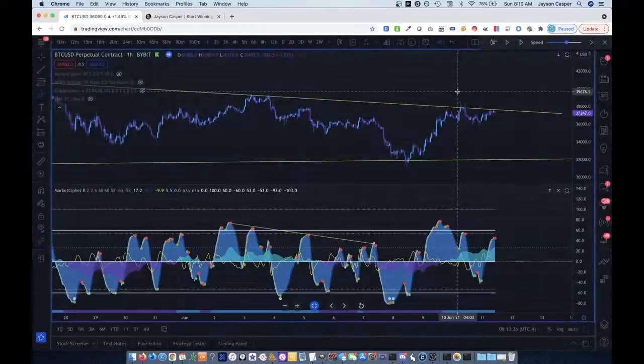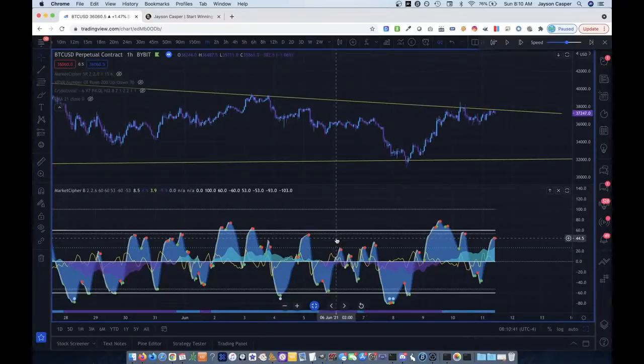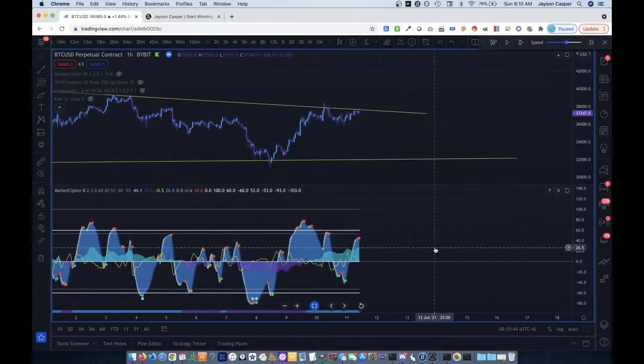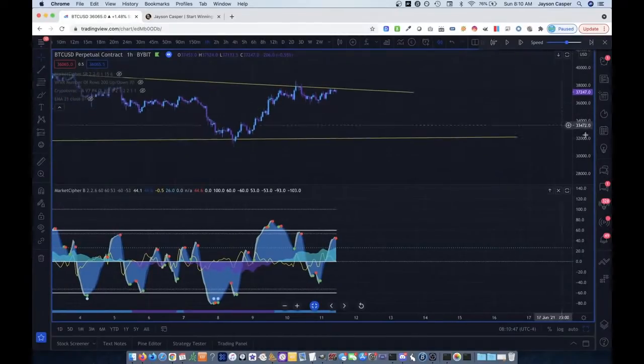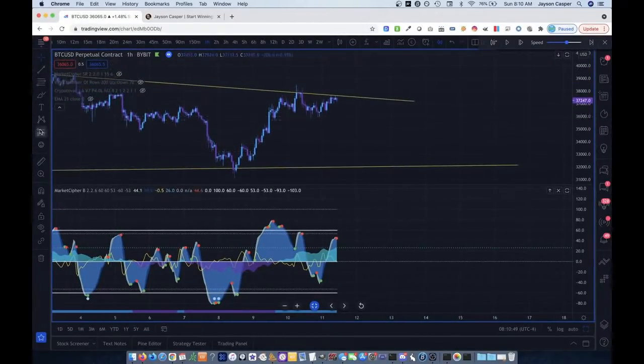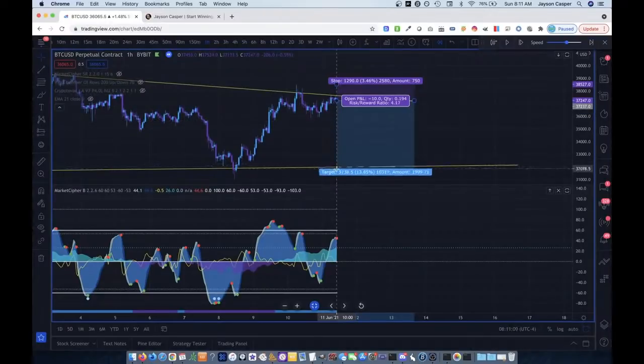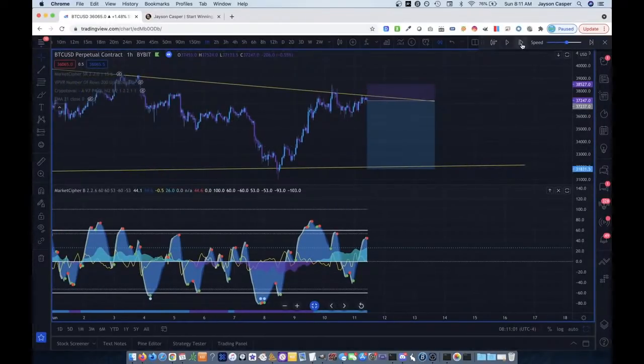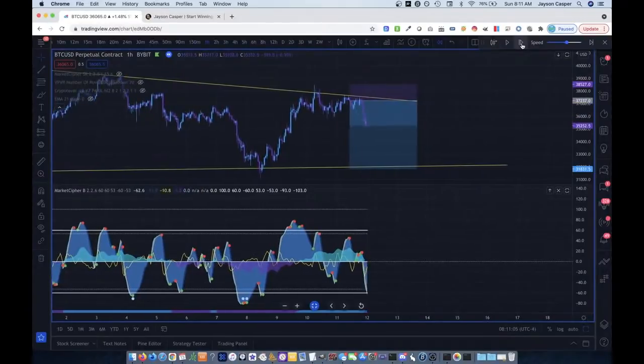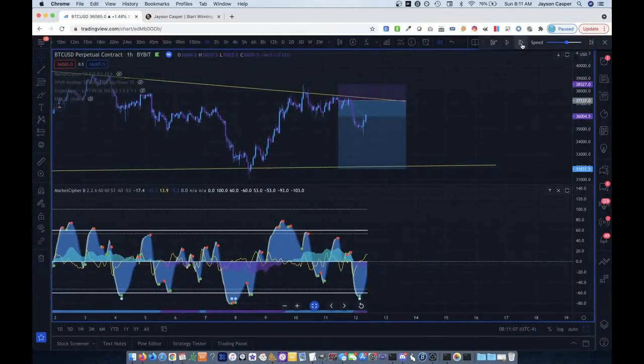Now again, this is going to take some subjectivity, but I do believe that if you stick to these principles, you will be able to find those good trade entries. So in this case, we would enter a short position right here, okay? We would put our stop loss above the last swing high, and then we'd set our take profits along the way down. I'll show you how to do that in a second. And then if we just play this thing, okay, we can see that we do come down. We get a pretty nice move of about, if we entered right here, a pretty nice move of about